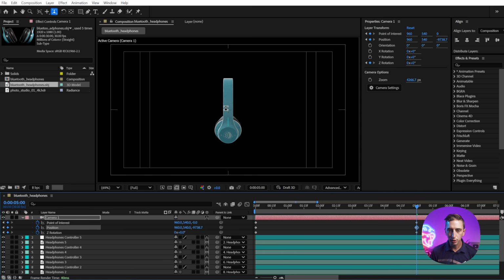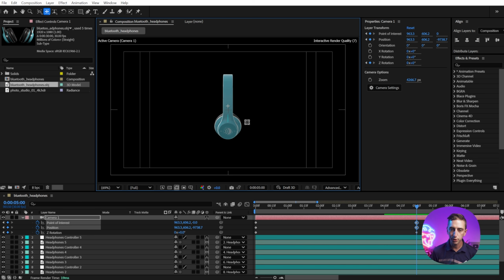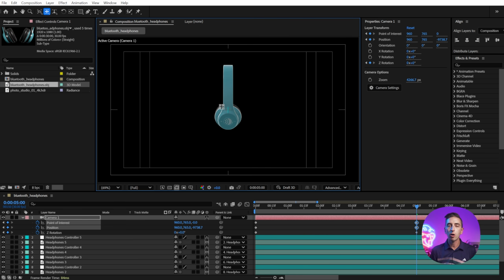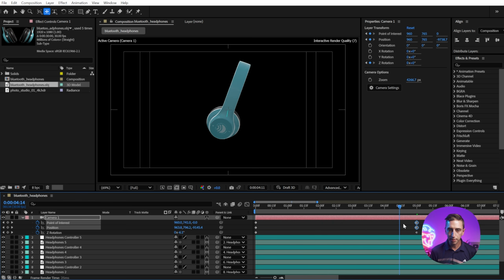But if I press the apostrophe to bring up the center of my comp again, I basically want that to be right where those null objects are, because that's where all of the rotation is gonna happen from. So I'm gonna switch to my pan tool, which is the second camera tool right here, and then click and drag while holding Shift. And this is gonna move not just the position, but also the point of interest. And I can align those null objects right in the center of my comp, which is where I want all the headphones to kind of radially spread out from. So we've got this nice dynamic camera move that's pulling back, and now I need to spread out